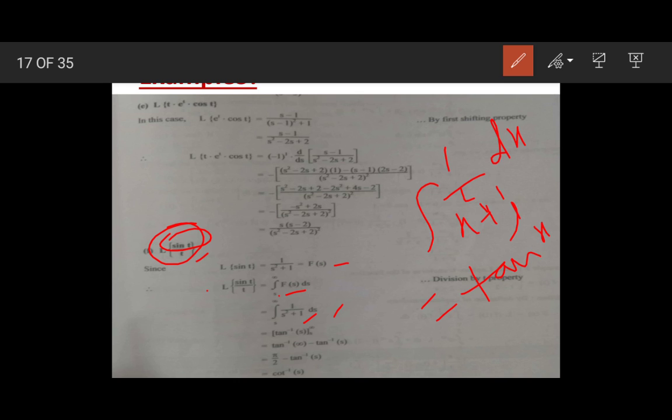Then we put the limit of integral as s to infinity. So that will be tan inverse infinity minus tan inverse s. So tan inverse infinity is pi upon 2 and tan inverse s remain as it is. So pi upon 2 minus tan inverse s. So this is nothing but cot inverse s. Okay. So if you write this as pi upon 2 minus tan inverse s, then also it is right, and if you are writing cot inverse s, then also it is right.